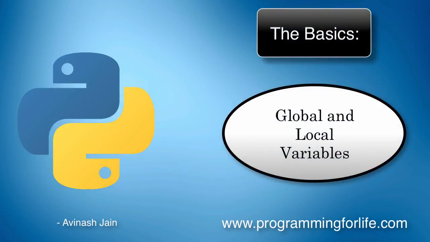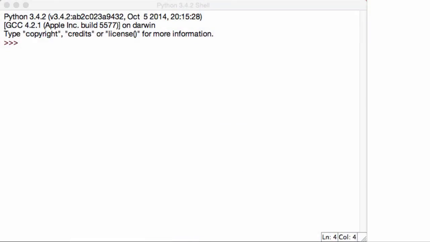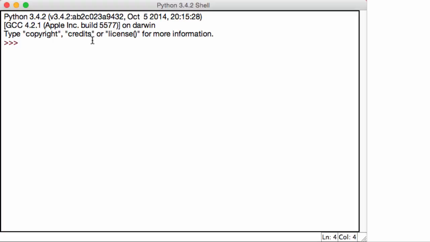Alright, so today we're going to be talking about global and local variables. This is something that all programmers should know: how global variables work, how local variables work, stuff like that. Follow along. You don't have to type the code that I am, just understand what's happening. So I'm going to create a variable, I'm going to call it total, and I'm going